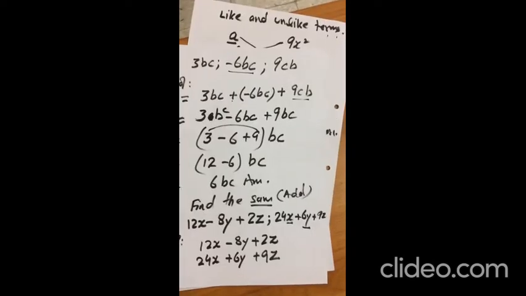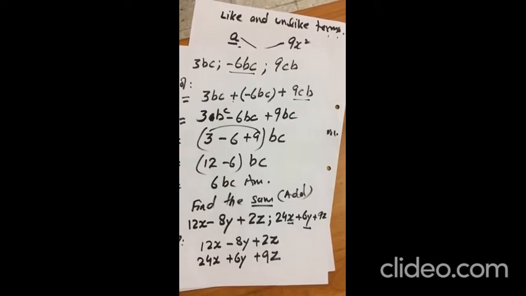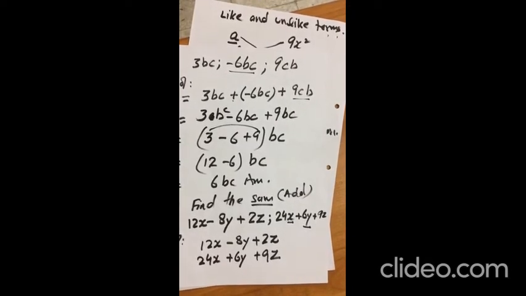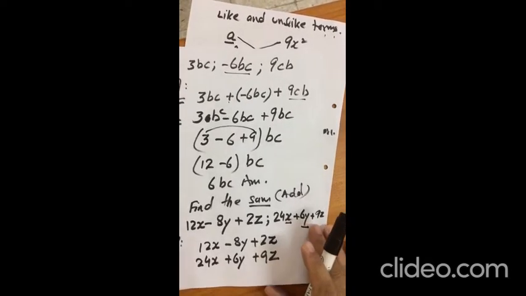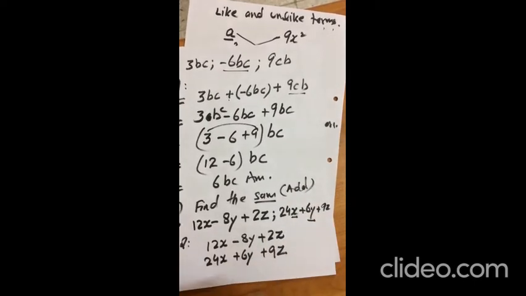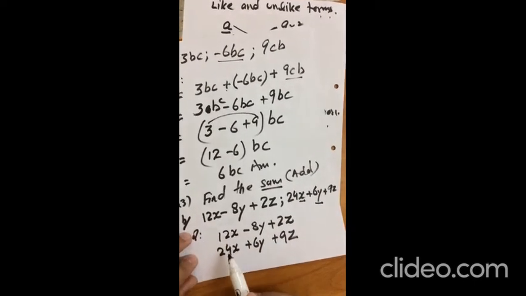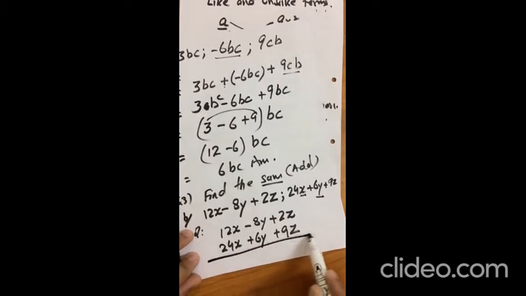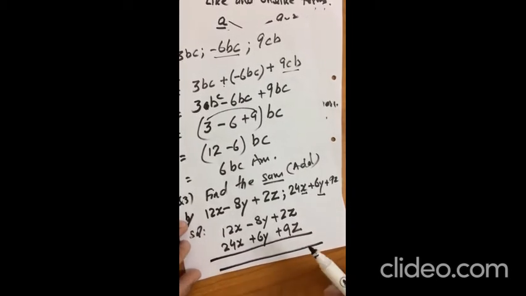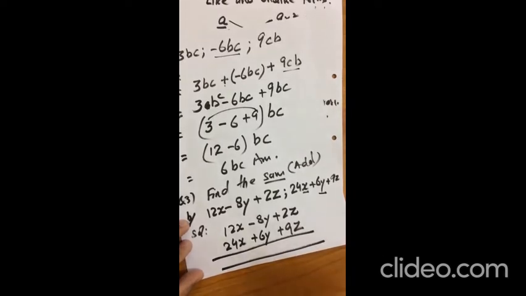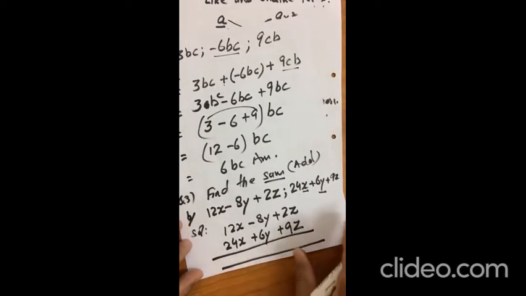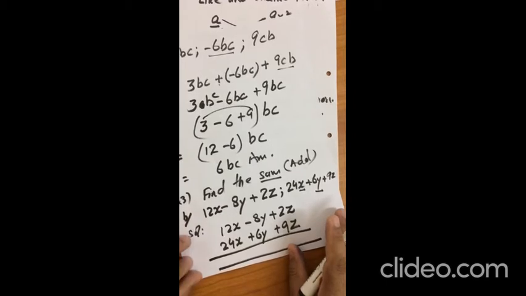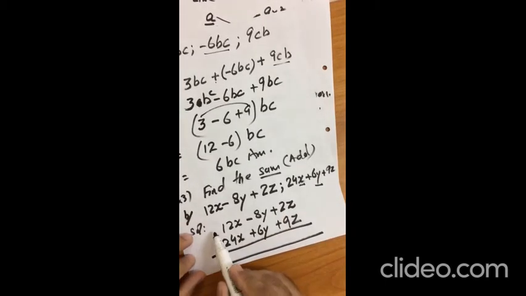So dear students, as I am talking about the addition of algebraic expressions, what to do? You have to choose the like terms. Like terms must be written under like terms. Then you have to start from the left side. Before, in addition and subtraction, we started on the right side, but now in algebra we start with the left side. You need to check the sign. No sign means plus. Plus is plus, so you do the procedure plus.